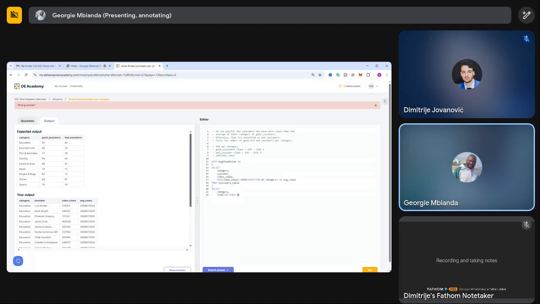In my output from the CTE, I have video views and average views, so I will be comparing these columns per category: case when video views is greater than average views,